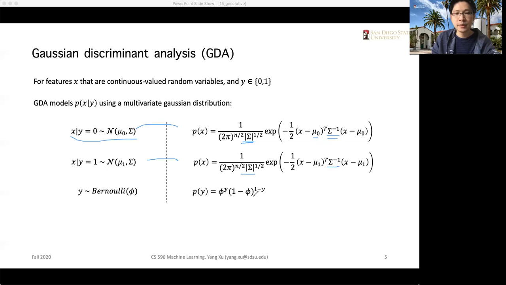Okay, and the Bernoulli distribution has this PDF function form, right? So this is actually a fancier expression by combining two outcomes. If y is 0, then this one is 1, right? And this one is 1 minus phi, okay? So this term simply says that the outcome for y equals 1 is phi, and the other outcome is 1 minus phi, right? So it's a rather simple mathematical expression here.